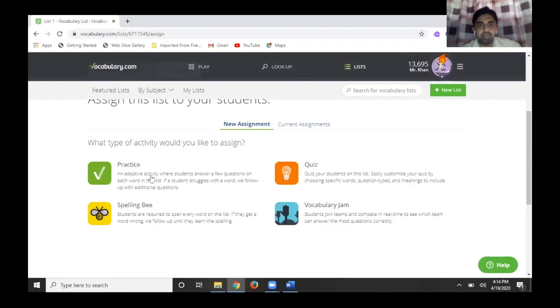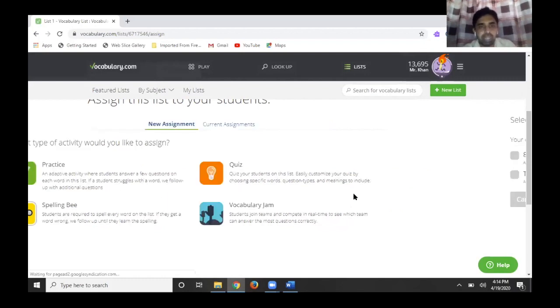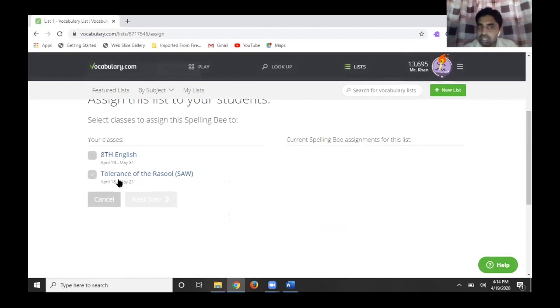So this is the timing for the first list. For example, in this activity, we want to give them an activity of spelling bee. So click on it. This activity is related to class 8. So be careful. Click on the class to which you want to give the activity. Click on next step,